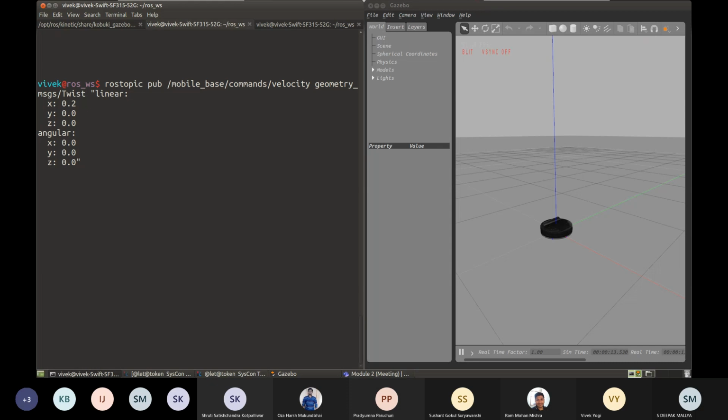Okay, guys, you can see here I have loaded the empty world of Kobuki, and I just use tab autocomplete to write this message, because that's fast and less error prone. Here, I just changed this 0 0 0 to 0.2. What I have done is issue a velocity command where I'm saying that I want to set velocity along x as 0.2. Angular velocity doesn't mean anything here as of now, but just by setting x to 0.2, let us see what happens. I'm going to press enter.